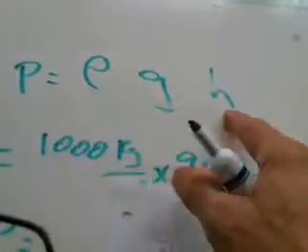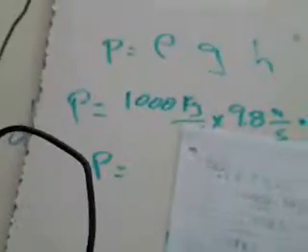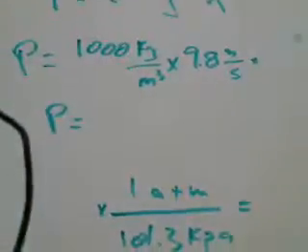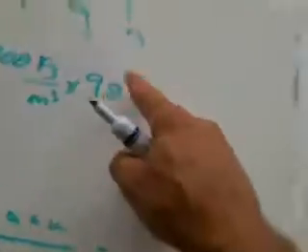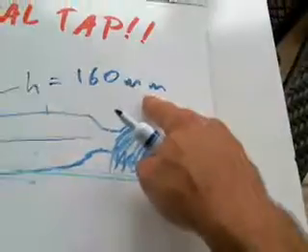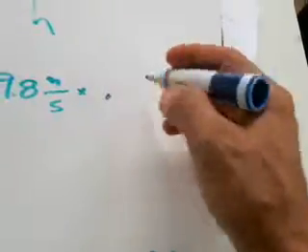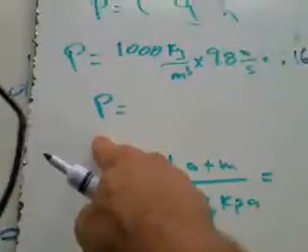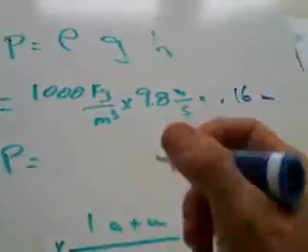Pressure is simply rho g h, the density of the fluid, times what planet you're on, times how high up it is elevated. So the density of the cerebral spinal fluid is that of water. They're going to call it 1,000. We're hanging out on planet Earth. The height, again, given in the question, 160 millimeters. I'm not going to call it 160 millimeters, though. I'm going to call it 0.16 meters. And so then the pressure in pascals is going to end up being